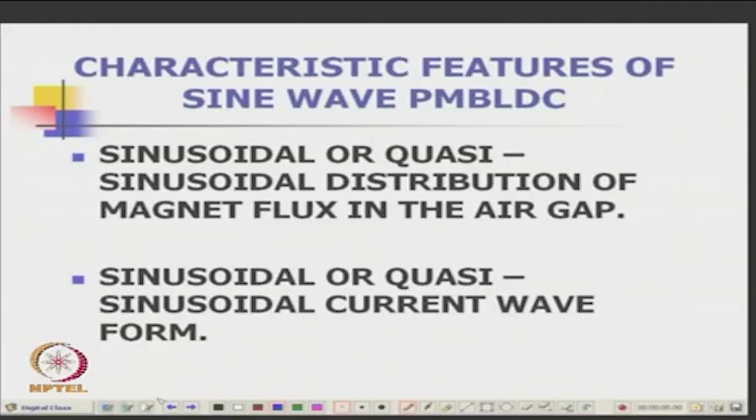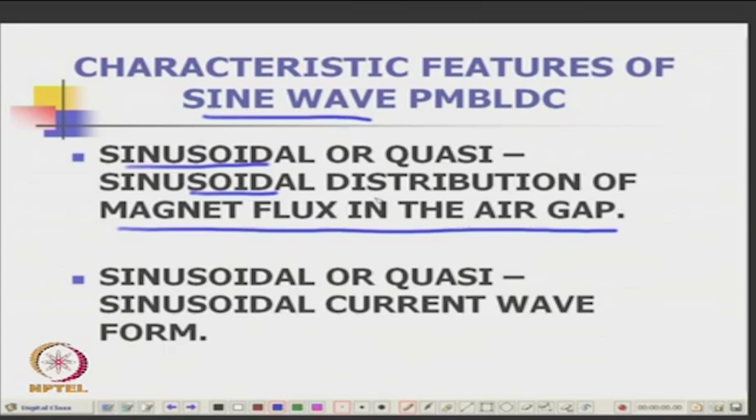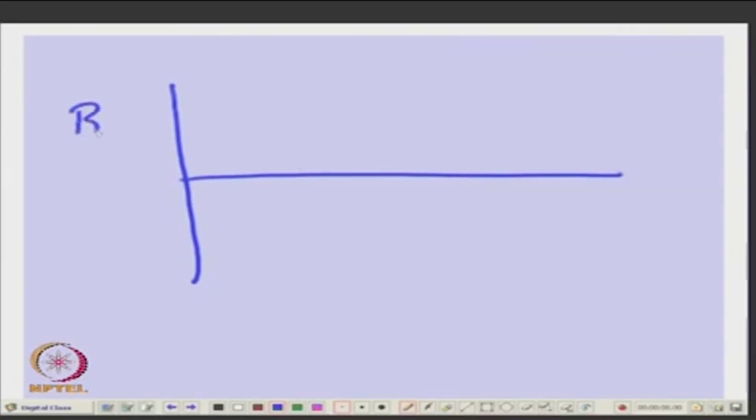Now, the other type we are now trying to see is like a synchronous machine. In a synchronous machine it is not square wave, it is sine wave configuration. So, it is a sinusoidal or quasi sinusoidal distribution of magnetic flux in the air gap. It is nearly sinusoidal. So, you would expect that B waveform in the air gap you expect to be like this